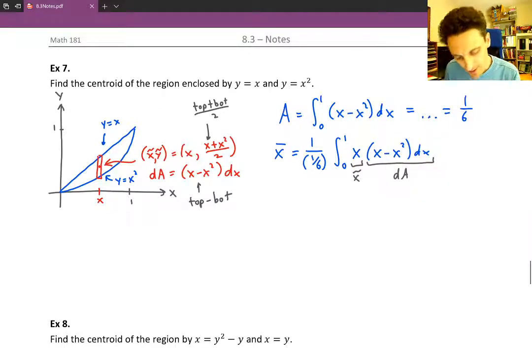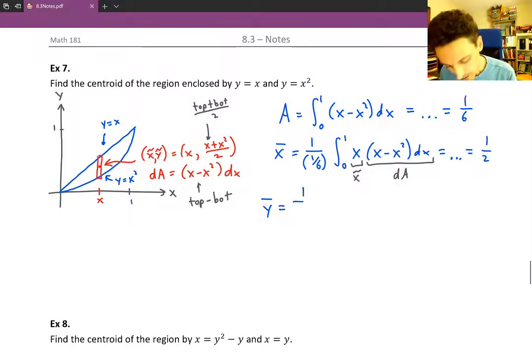And once again, you can find this integral. It takes a few steps: distribute the x, and then integrate term by term. And eventually, you should get 1/2. So then we have y bar, which is 1 over the area, 1 over A, times the integral from 0